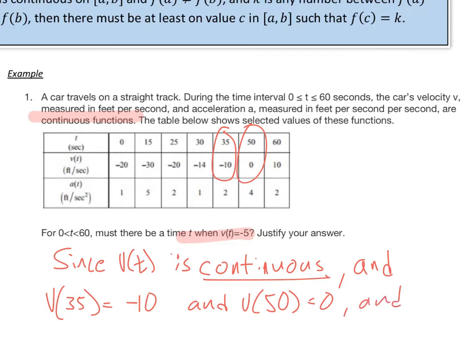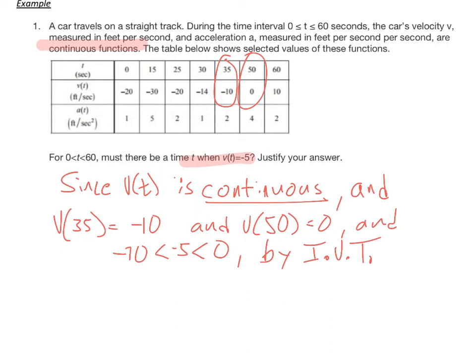And we'll throw in there this. That's too many ands, don't tell my English teacher. We know that negative 10 is less than negative 5 is less than 0. So negative 5 is between those. Okay, we can say by the intermediate value theorem, which we can abbreviate IVT. That's a very standard abbreviation. By IVT, there must be